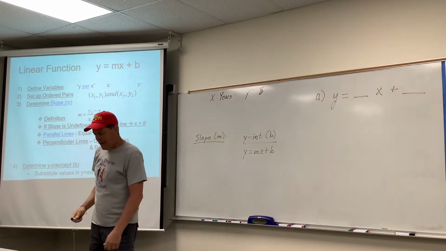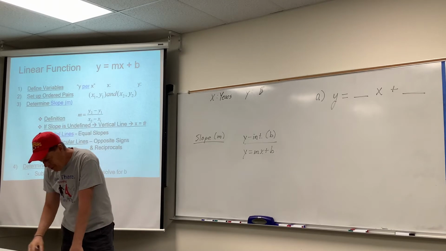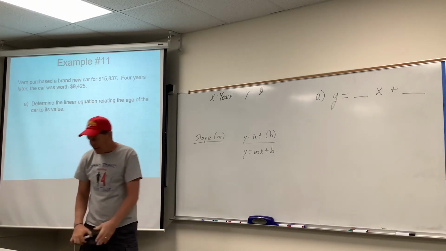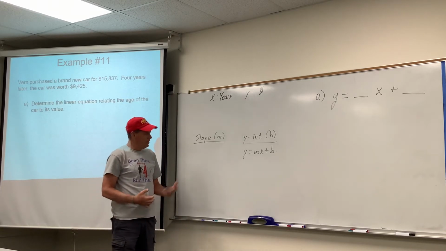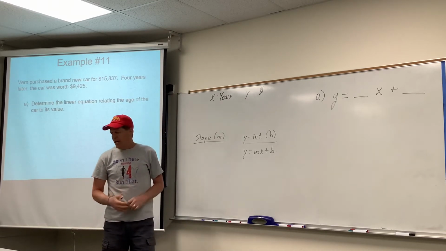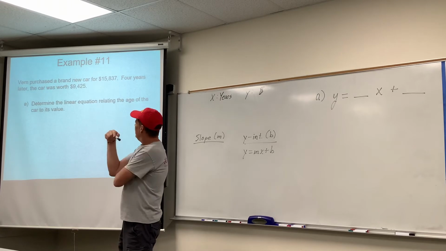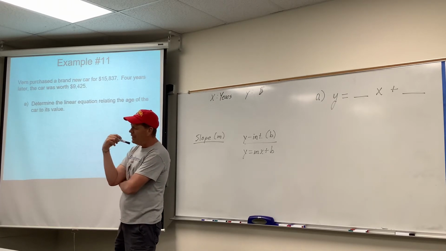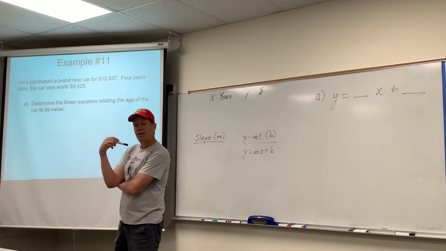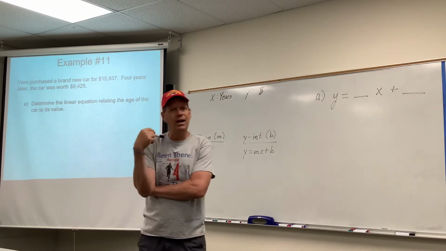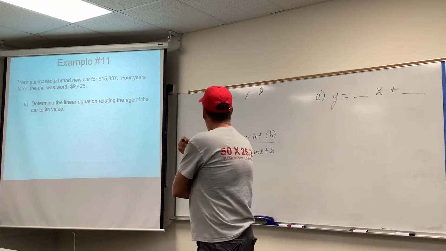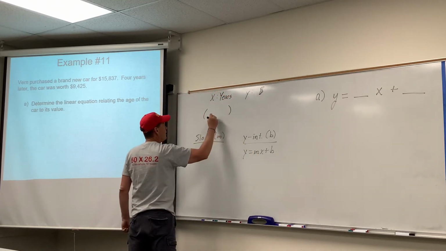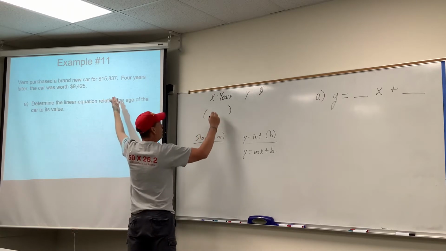Awesome. Okay, now on the previous example about shoes, we talked about look for the word per, and if it's there, maybe that's your slope. But as you read the narrative, I don't think that's the case here. So I believe what's happening, if you think about it, would be that they're giving us a couple of ordered pairs this time. Because in that first sentence, they're saying that the value of the car was